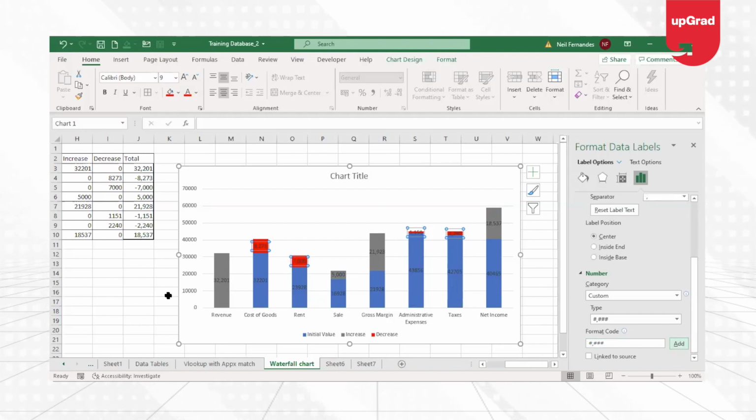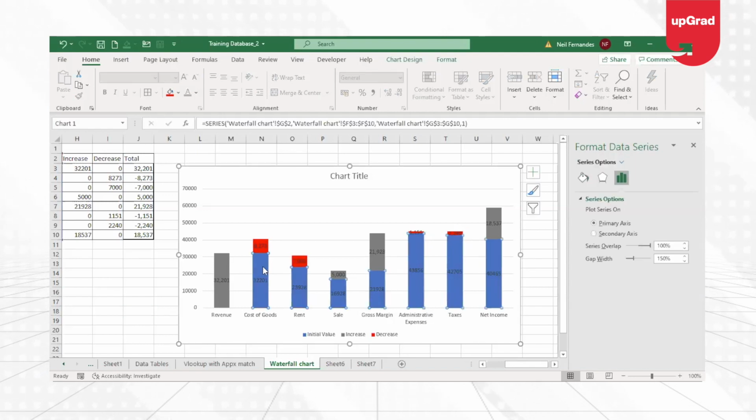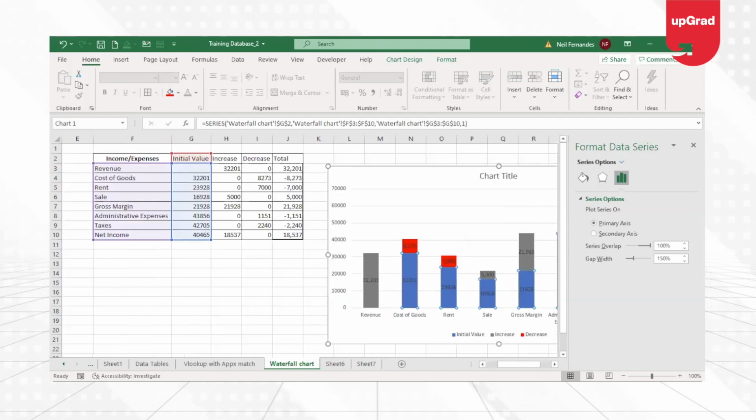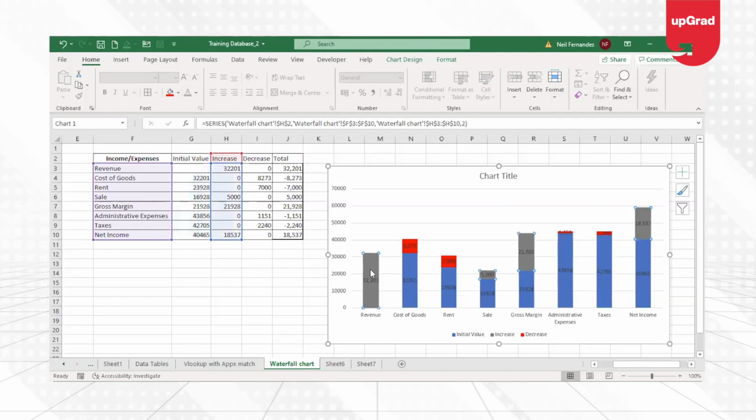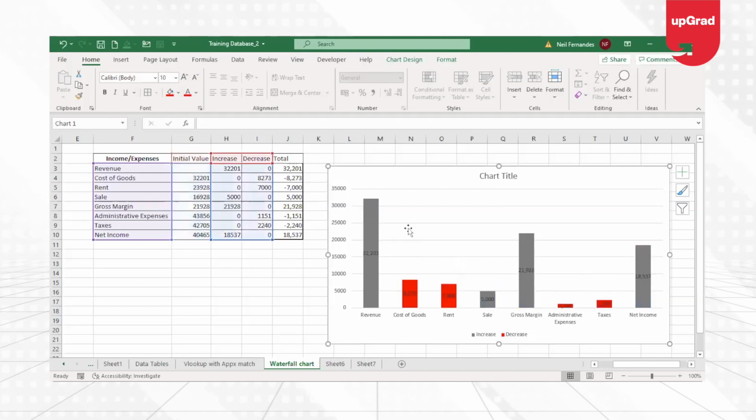Now that I have this, I can move on and see which one I do not want from this list. Now, what is it that I do not want from this list? In the first place, I definitely want to show the amount of initial value that is given, which is the 32,201. So I'll leave that. But when I come down, there is a decrease of 82373. So I'm going to remove this data completely. I do not need this.